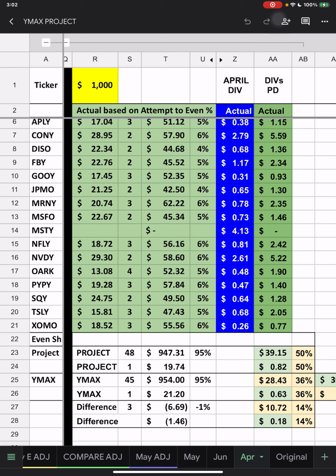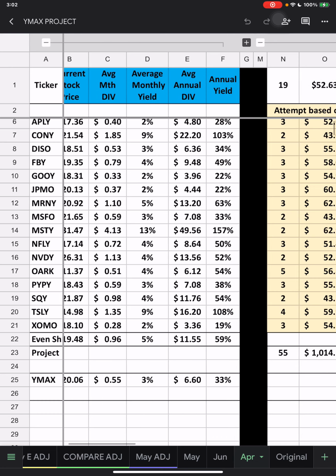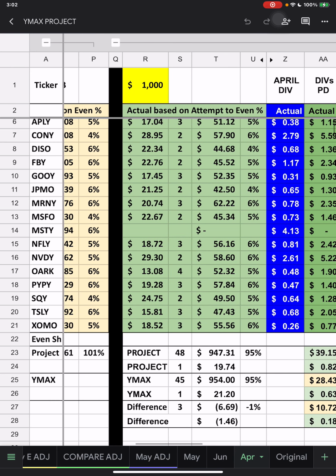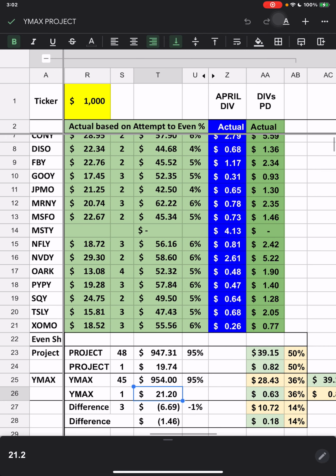And then if I held YMAX, and I don't remember at what dollar amount, because that's the other thing on the other side of this project, it really depends on when you bought into YMAX also, as far as how many shares you had and everything else. But for this month, this is what I showed. But for April, if we would have just done it through YMAX with those many shares, the payout was $28, which was a